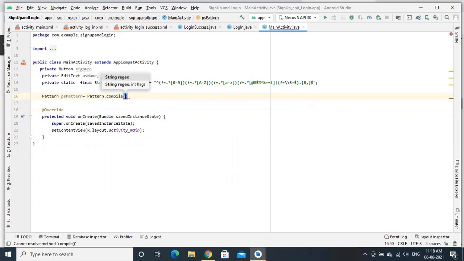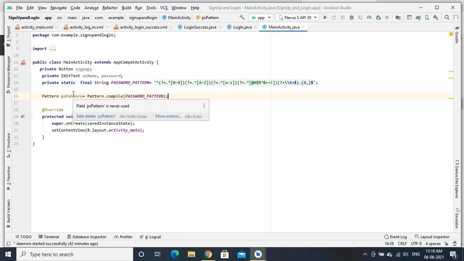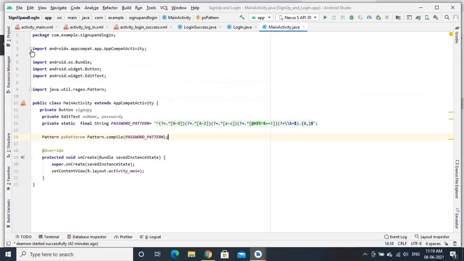This function will compile the given regular expression. I have already stored the regular expression inside the string PASSWORD_PATTERN, so I am giving it as an argument. What this does is compile the given regular expression into this pattern, and for this class we are importing the regex.Pattern class.